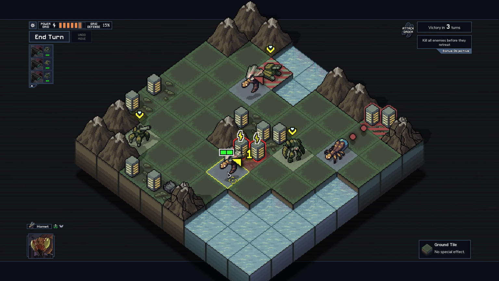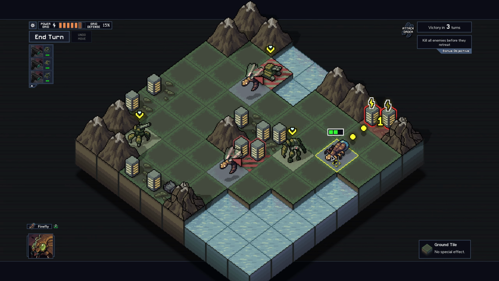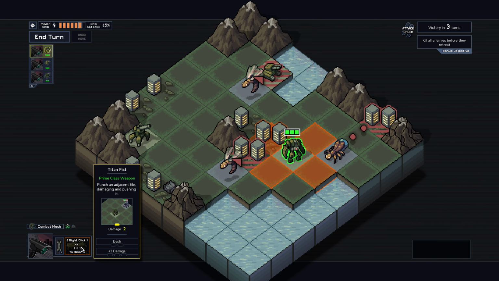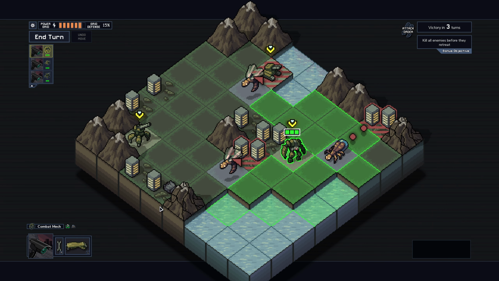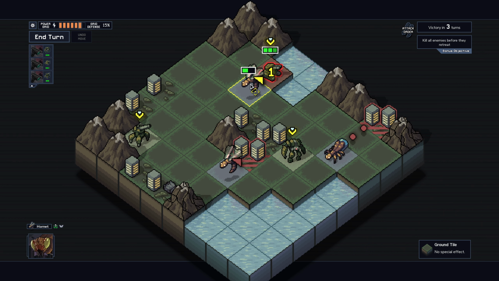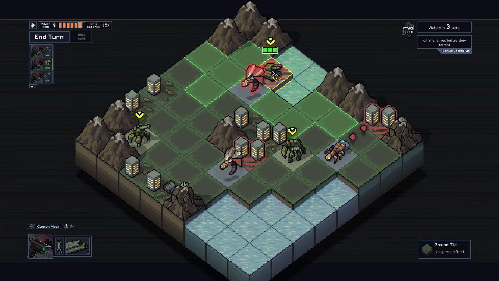Right, how are we going to deal with all this? I'm assuming we can't attack diagonally? Correct. You have 1 HP, so you should be easy enough to kill. We can push you out of the way, so...